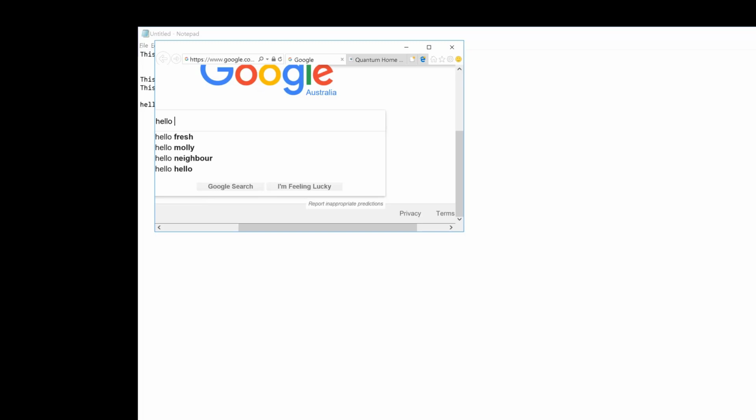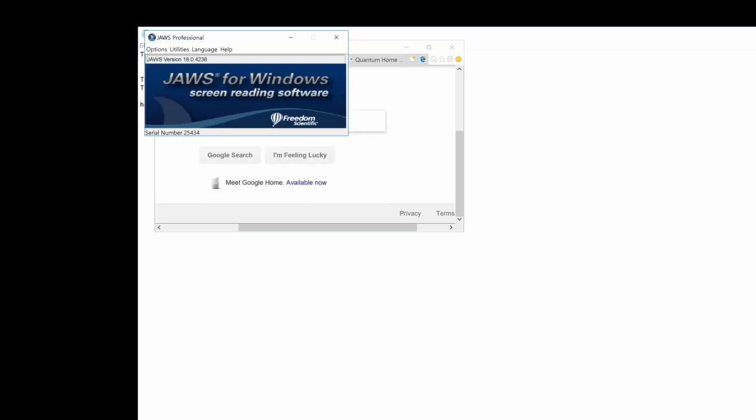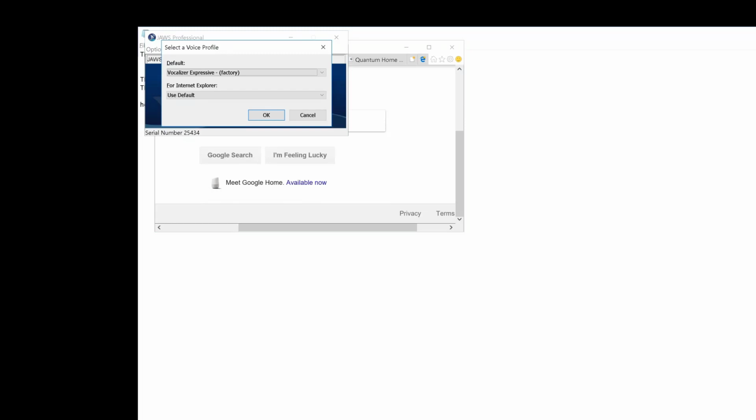So, JAWS key, Control S. Select a voice profile dialog. Default combo box. Vocalizer Expressive (factory). So, Vocalizer Expressive is the default, and that is the speech synthesizer I am currently using at the moment. What we have in here